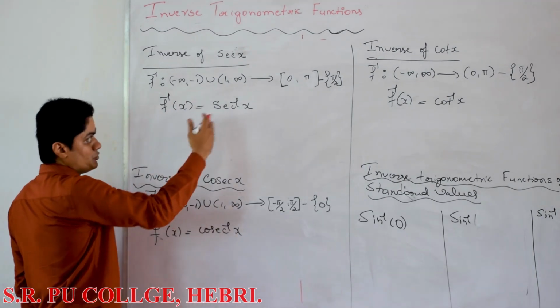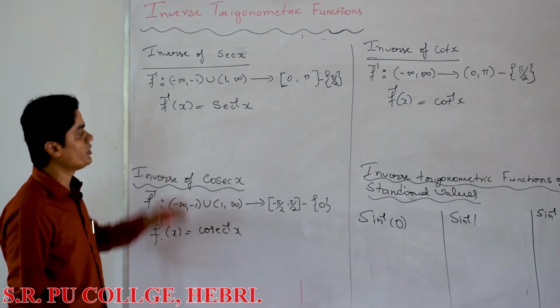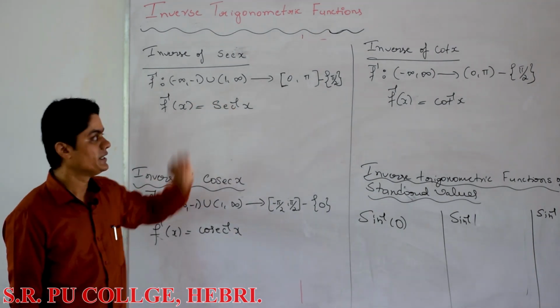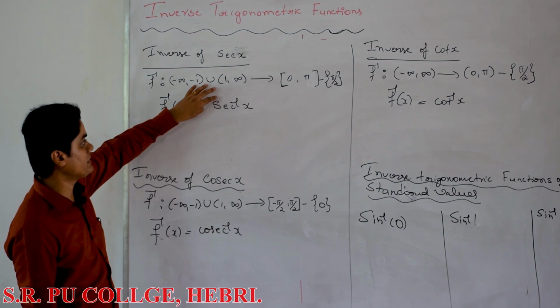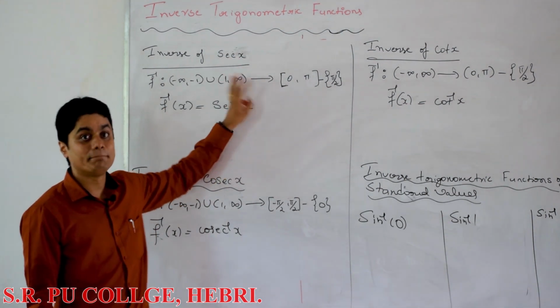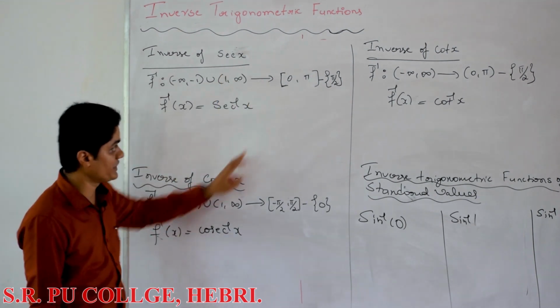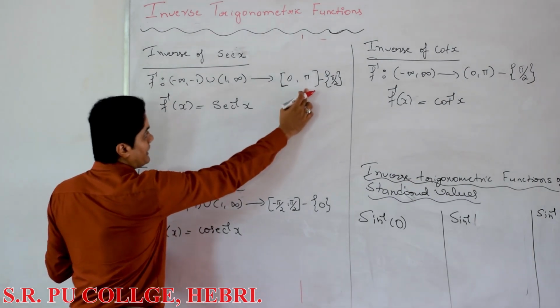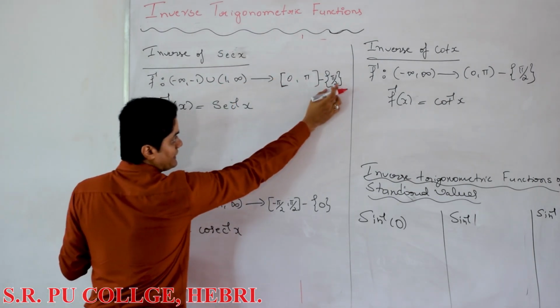As you observed in the first 3, these trigonometric functions are not bijective. If it is not bijective, its inverse cannot be defined. So we restrict the domain and range of these trigonometric functions so that we can have bijective secant x, cosecant x and cot x. The restricted domain and range of secant x is 0 to pi except pi by